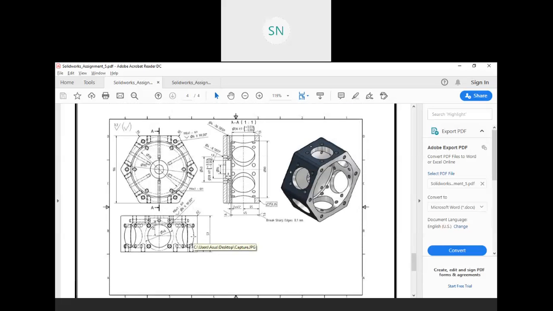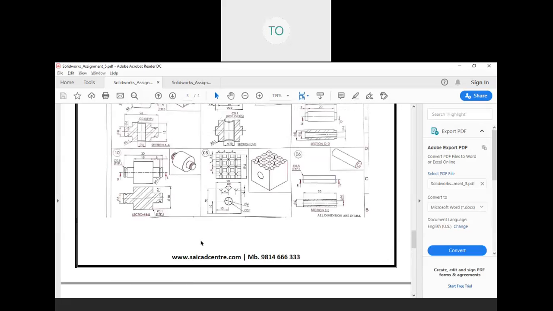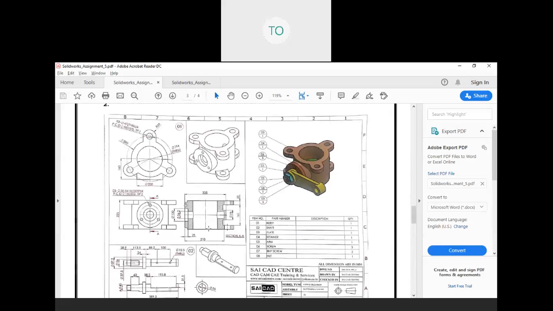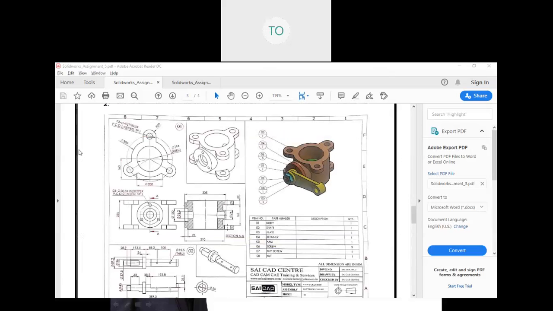Sir, in question number 2, there are various parts. Actually, this is taken from the assembly drawing, and this assembly carries 8 components.